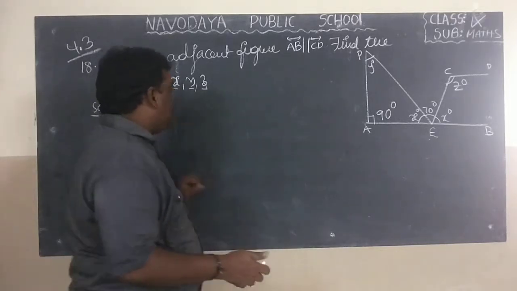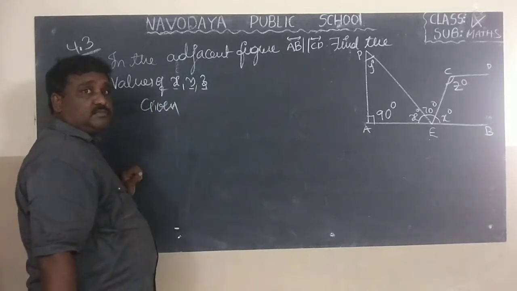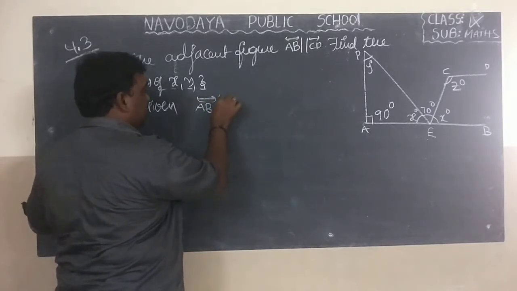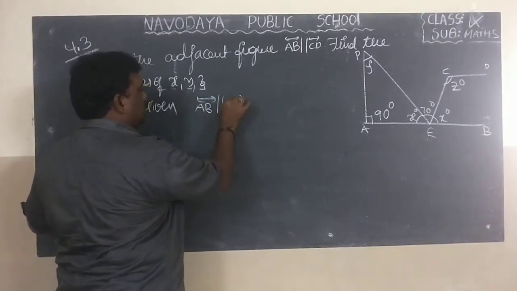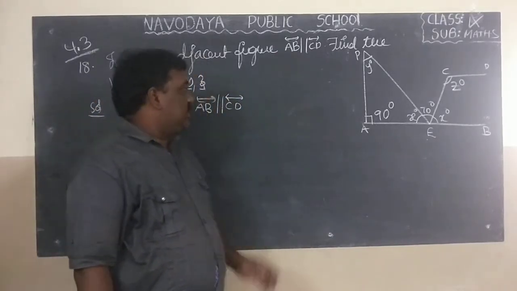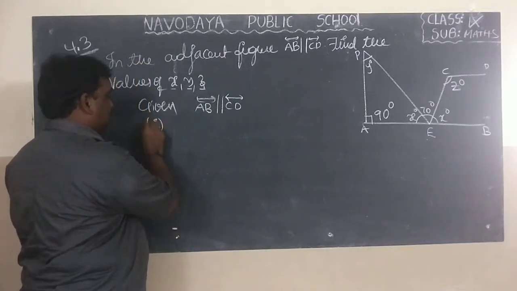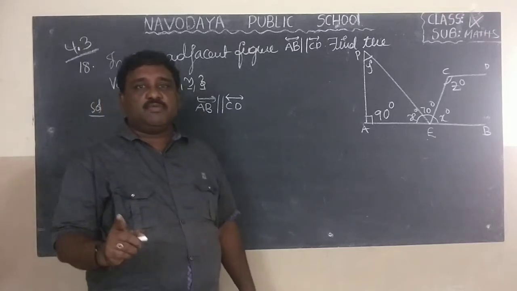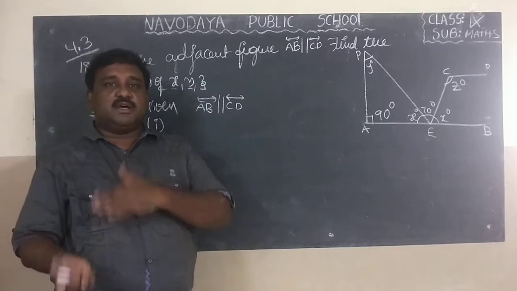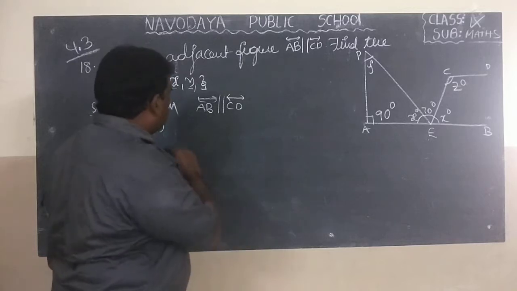Okay? So write what is given first. Given. What is given? AB parallel CD. This is the information given. Two straight lines are there. They are parallel to each other. So given AB parallel CD. First part of the problem, we need to find out x value. In the second part, we need to find out y value. In the third part, we need to find out z value. There ends the problem. Okay now, so see the first part of the problem.